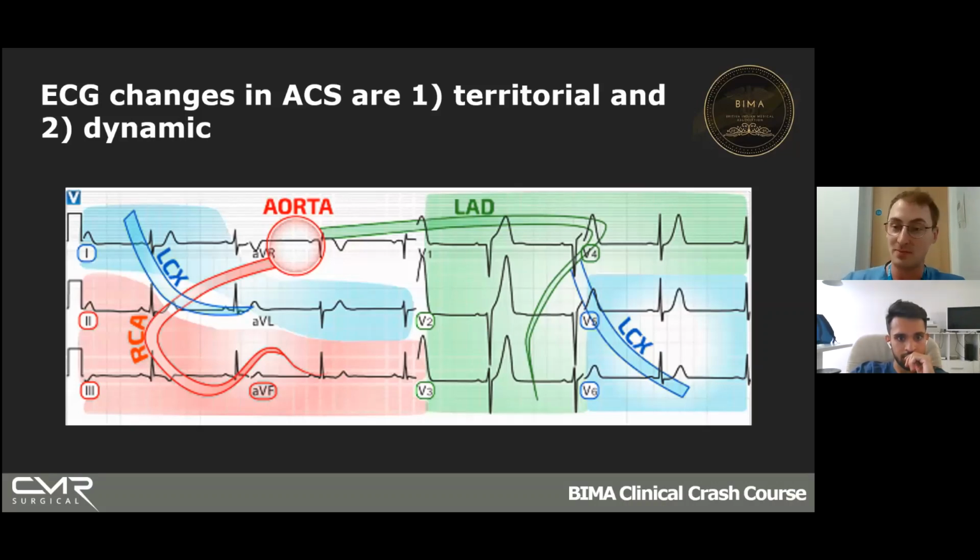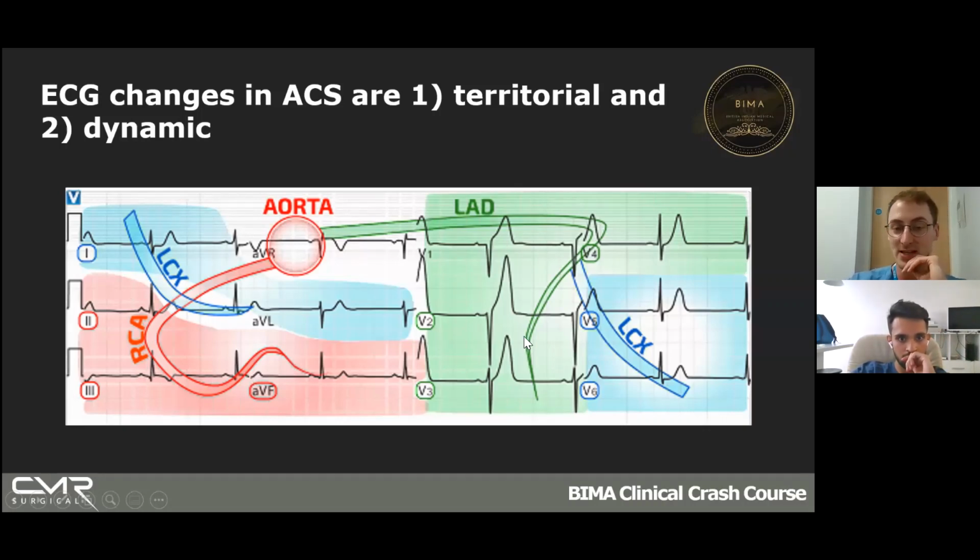An important thing to know about them and how to diagnose ACS is that the changes are what we call territorial. So we talked in the first SPA or the second SPA about different leads being supplied by different arteries of the heart. And this is what this picture here shows. So you can see here, the bloke at the start, he had changes in leads 2, 3, and AVF. These are the leads that look at the underside of the heart, so the inferior border. And this is supplied most of the time by the right coronary artery. So if this artery is blocked, you're going to get changes in these 3 leads.